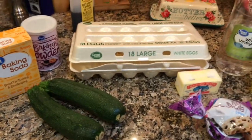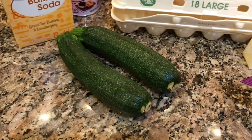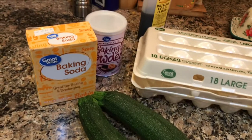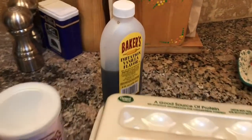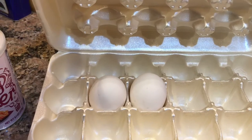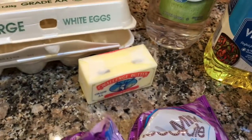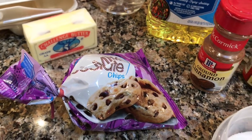So I'm going to make some chocolate zucchini cake. For that, I'm going to need some shredded zucchini, baking soda, baking powder, vanilla, a couple of eggs, some butter, some chocolate chips,